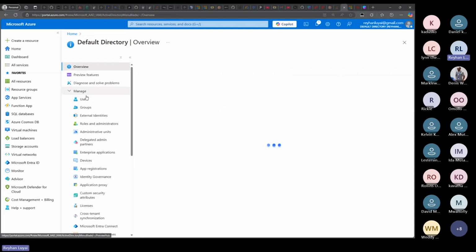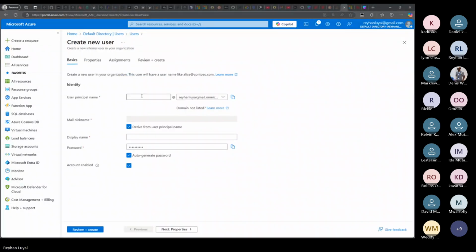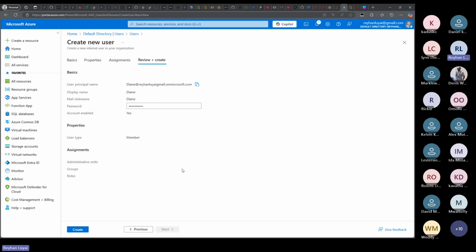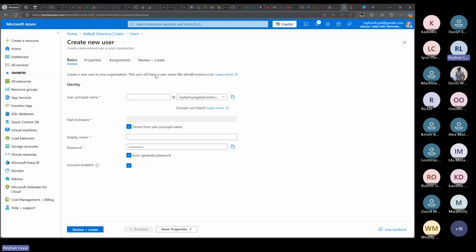You can just do it from over here. Create a new user in your organization. Let's create Diane. Display name will be Diane, or the full name of Diane. The password is auto-generated. As we said, they're going to be prompted to provide a new password for the login. After creating all the other users,